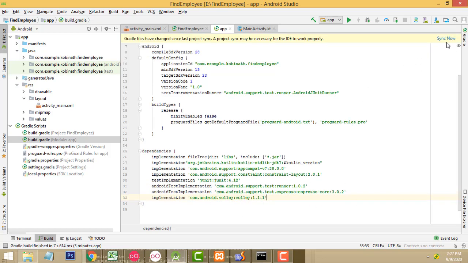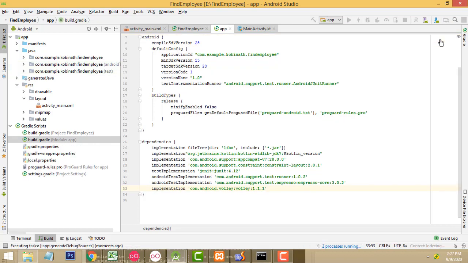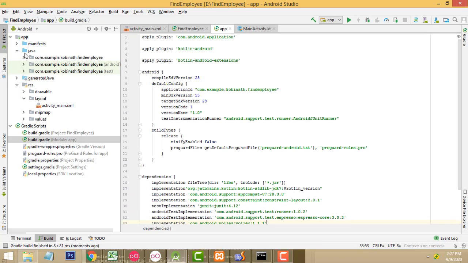After doing this, you have to sync this one. Now it will be applied on the Gradle. If you apply this one, this is a must, then only you will be able to access Volley. Second, you have to wait until the process is completed. This is very important while you are accessing the RESTful API. After that, the other thing you have to do, this is all a must.